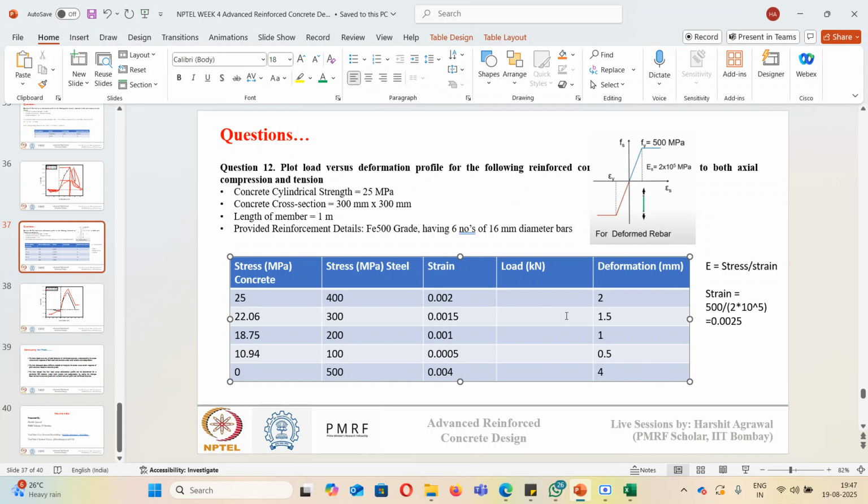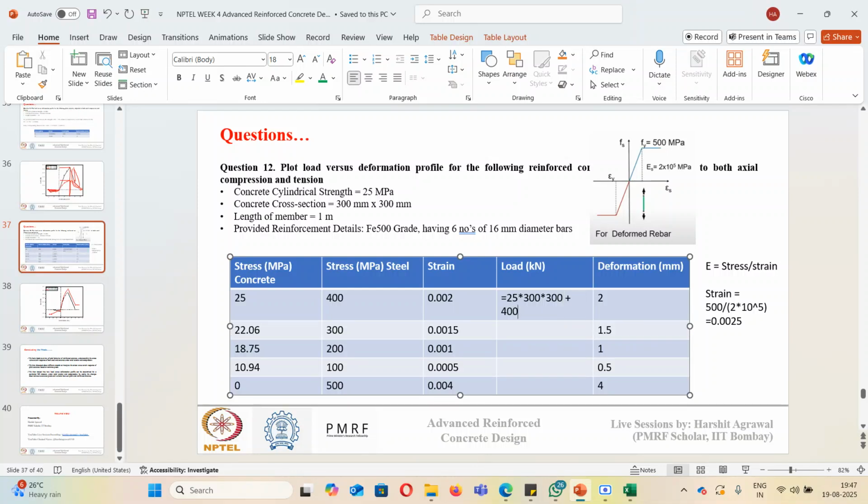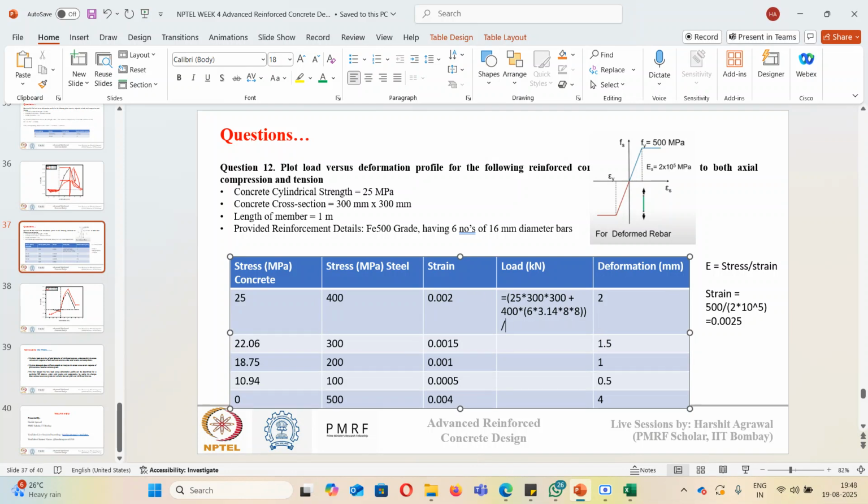Now what is the load carrying capacity? It will be nothing but stress in concrete times the area of concrete plus stress taken by steel times the area of steel. So the area of steel we can calculate. We know the reinforcement properties. It is number of reinforcement, 6, into pi r square, so 3.14 into 8 into 8. And this complete thing divided by 1000 to convert Newton into kilonewton. Okay, so when you do this calculation, this value will come out to be